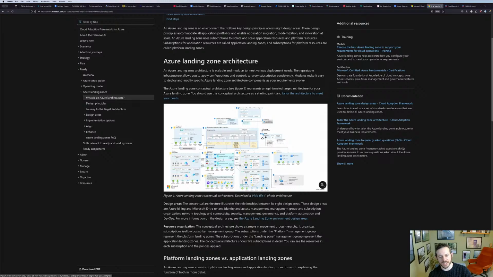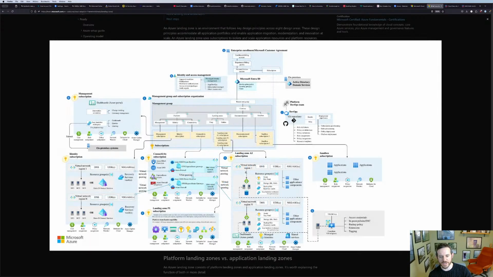You can clearly start from a blank canvas, but there are a number of ways they would recommend that you segment out your cloud infrastructure, that allow for sensible deployments, scalability, redundancy, cross region connectivity, that type of thing. So we're going to look briefly at what we've got here.